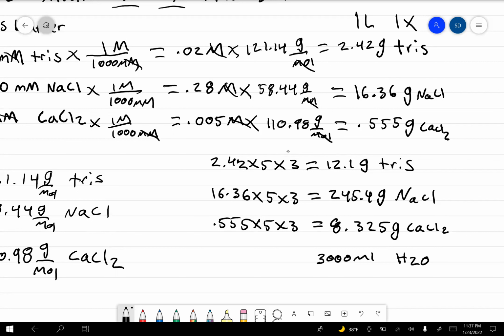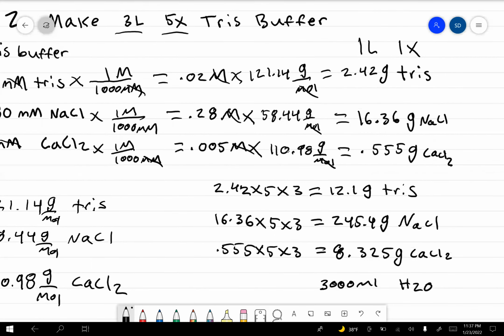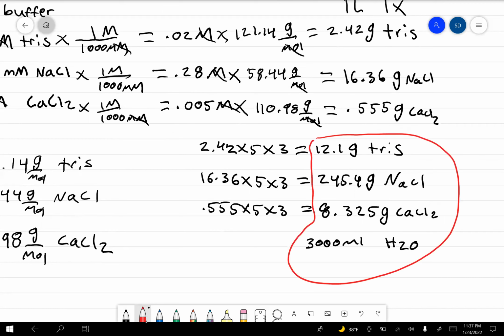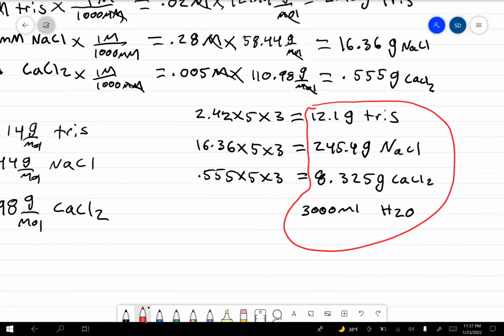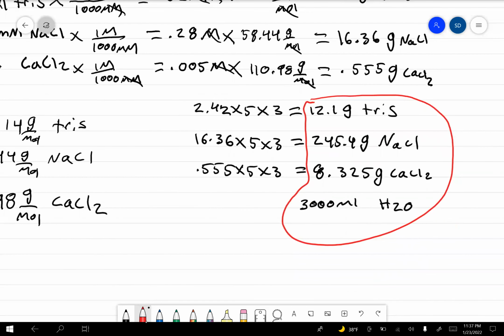So in order to get 3 liters of 5 times Tris buffer, you have to add 12.1 grams of Tris, 245.4 grams of NaCl, 8.325 grams of calcium chloride, and 3,000 milliliters of water. And that's how you would get that. Now, sometimes they will include a pH, and most teachers will just let you put